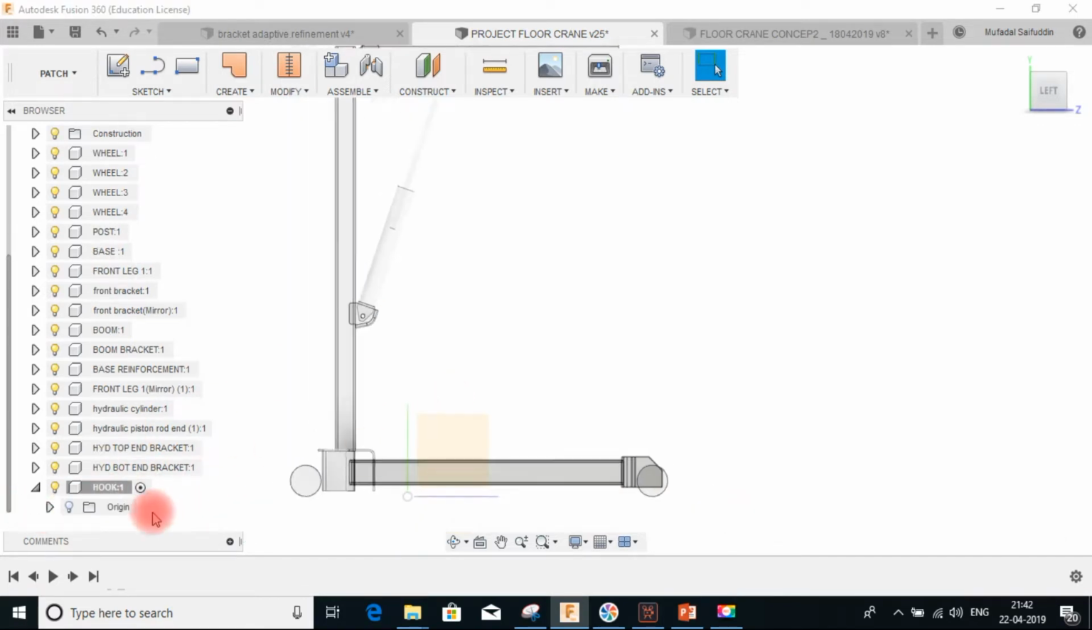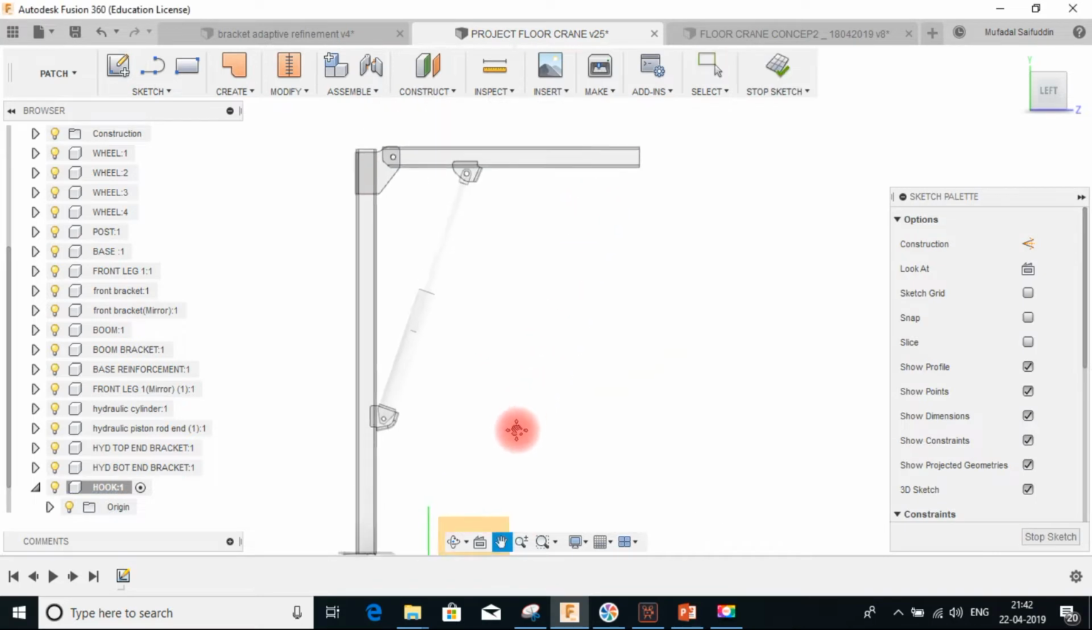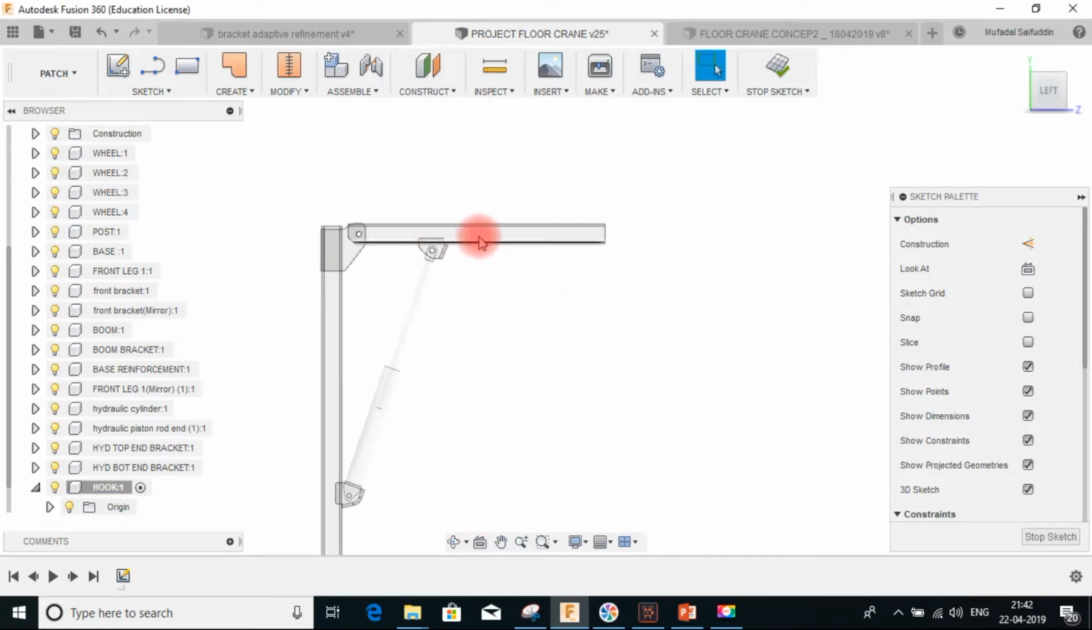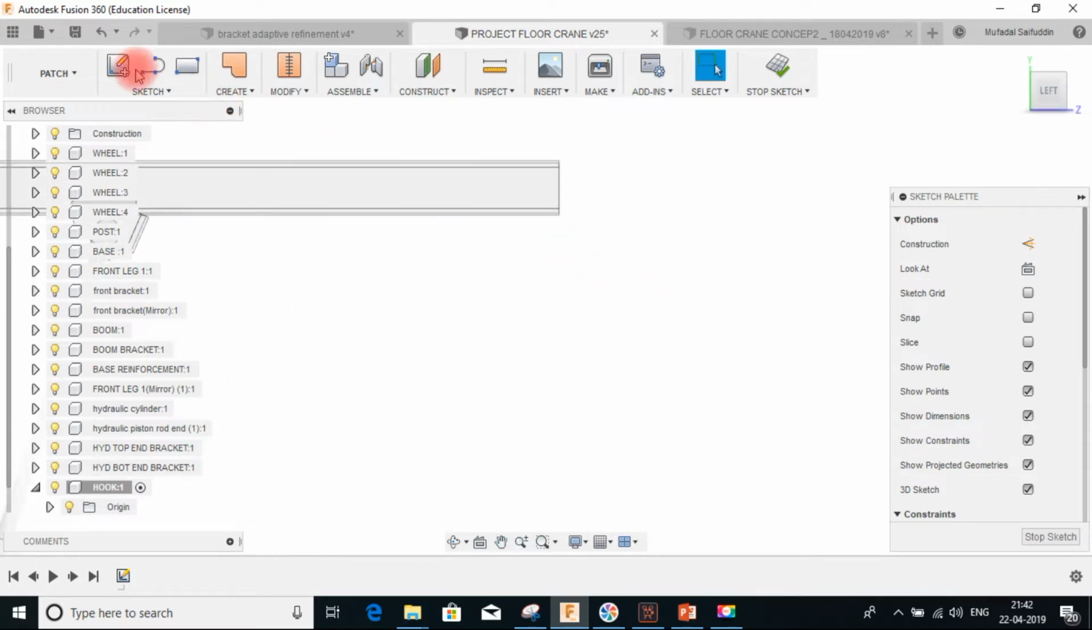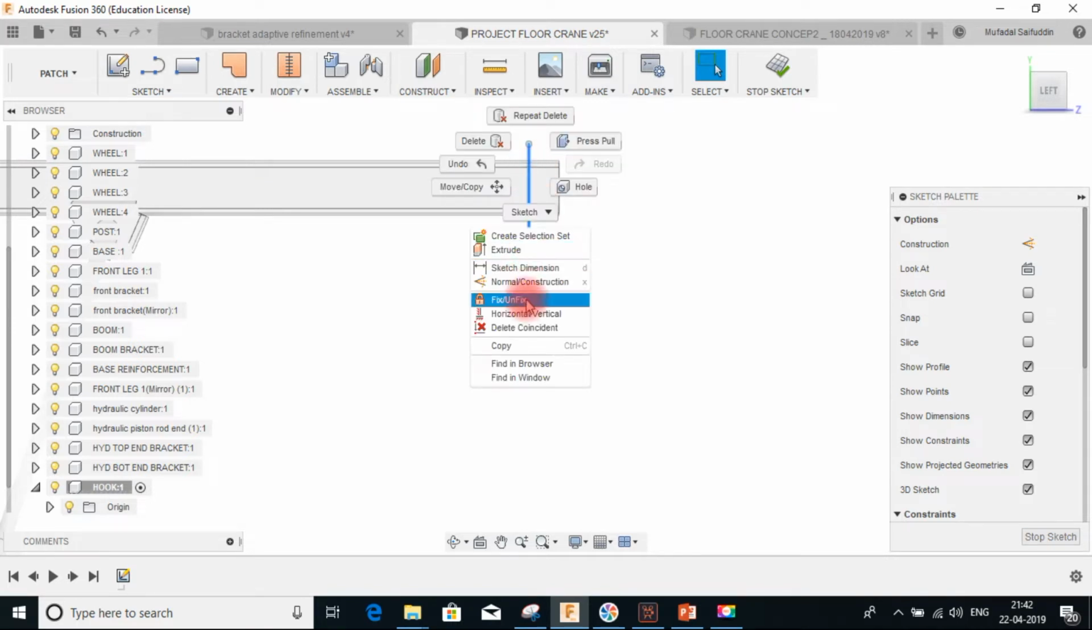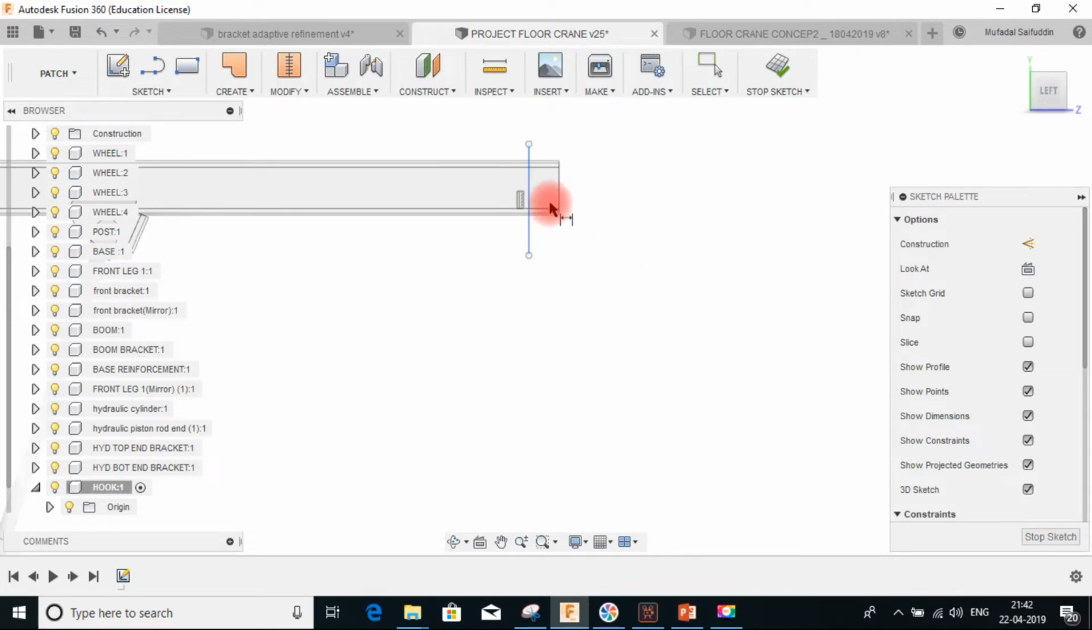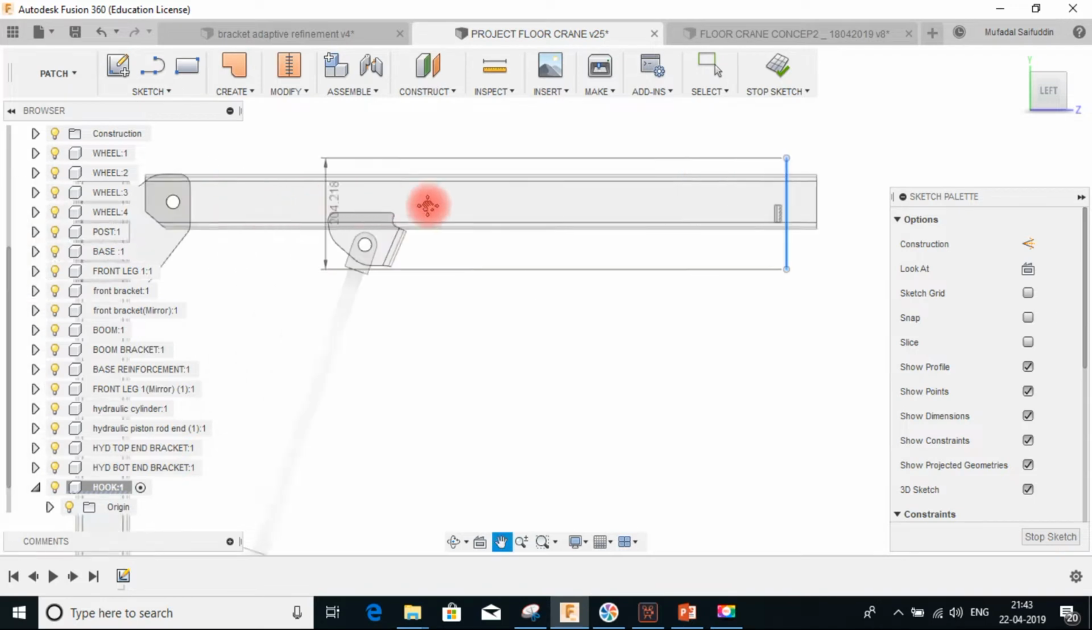activate it and turn on the origin, and let us sketch on this origin because it is again going to be centered and the boom is centered with respect to that plane. So let us sketch over here. First, let us make a straight line. Just remove this constraint, make sure it's vertical,